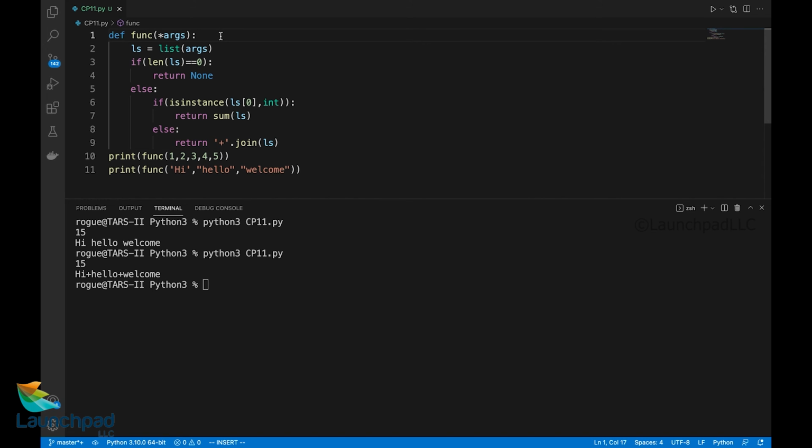At this juncture I would like to mention that this is a function declaration line, and all these lines from line 2 to line 9 are the body of the function. The body starts here, and this is the end of the body. And args stands for iterable arguments. Star args is basically arguments, which are iterable arguments.